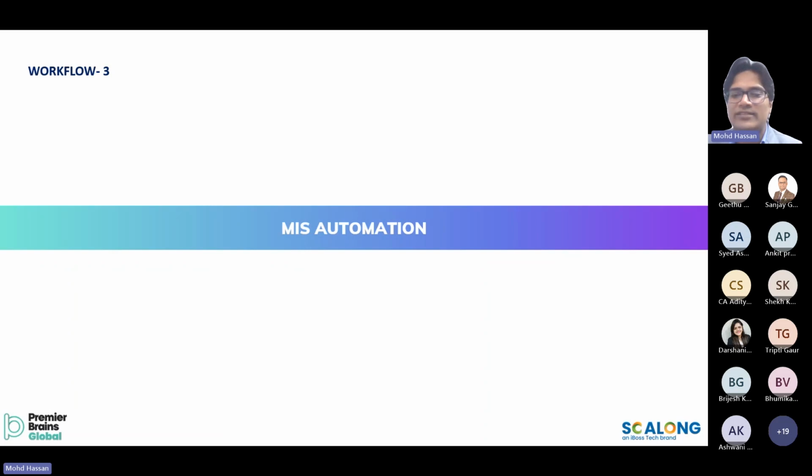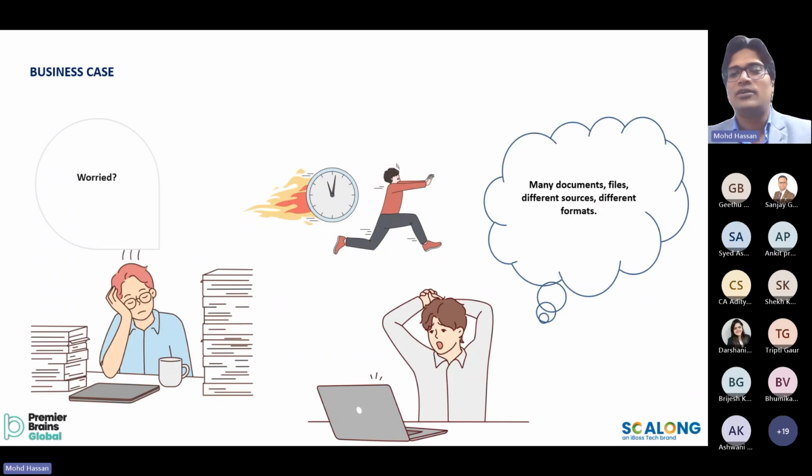So, coming to the next important thing that we all face, which is the MIS. Whenever any urgent decision has to be taken by the board management, or we have any periodical review, at that time we get worried about how to come up with an intuitive, interactive, and very insightful MIS. We have a lot of data that we have to correlate. We get tired. We have a very short span of time. But the thing is, we have to come up with results.